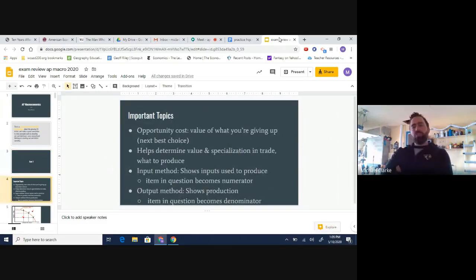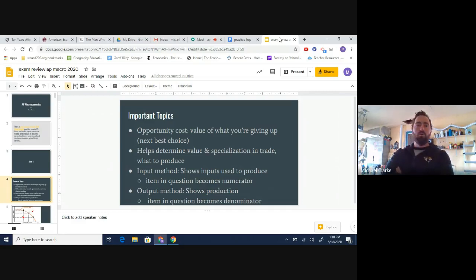So with each unit, what I did is I started off each unit with just talking about some of the basic terms and concepts you should know. Then I threw in graphs and any important equations. So if you remember, Unit 1 talks about really 2 important things. It talks about opportunity cost and production possibility curves. And remember, opportunity cost is what you're giving, what you're sacrificing. So if you're watching this video right now, some of the things you could be sacrificing could be time spent with family or friends. It could be video games. It could be working out, going to work, things like that.